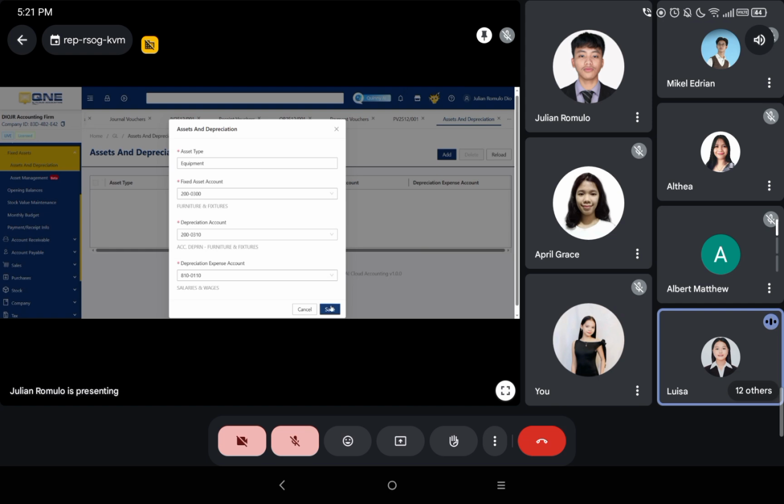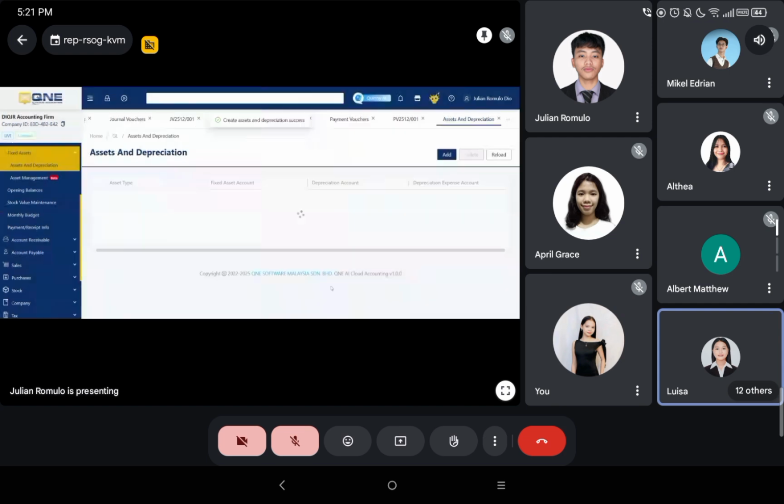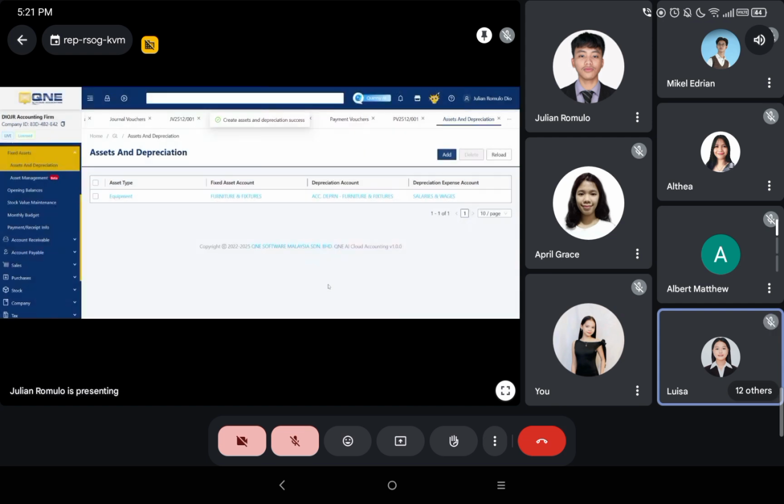Once you fill up the needed requirements, click Save. If you need to add more assets to depreciate, just repeat the process. After saving, that asset will be automatically included in the list.